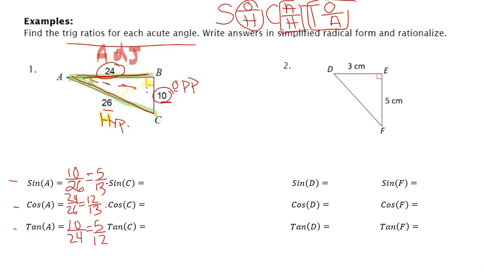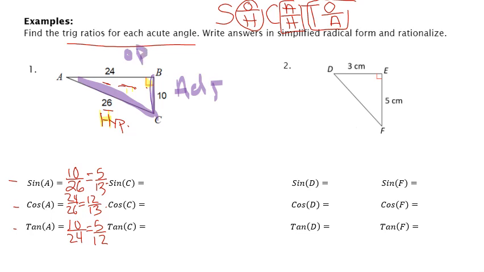For sine, cosine, and tangent of C, you're going to find it's actually very similar, except instead of revolving everything around angle A, for C we just revolve everything around angle C, right? If I go ahead and erase maybe some of these, the hypotenuse is going to stay the same. But if I do the same for C and trace it out,